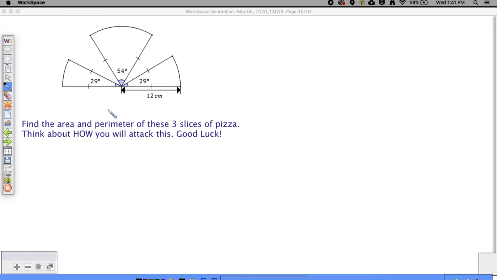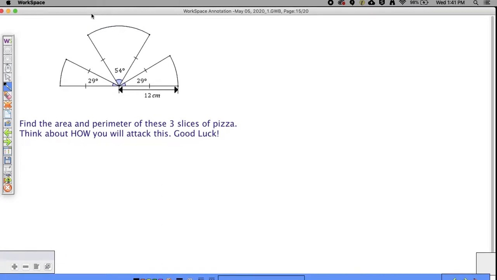So you were asked to find the area and the perimeter of these 3 slices of pizza, and I asked you to think about how you would go about attacking this. In my opinion, frankly, the area is probably the easiest thing to find, because these angles represent a part of 360 degrees, because a whole circle is 360 degrees. So you can go and find the area of all 3 of these individually. When we're doing the area of part of a circle,